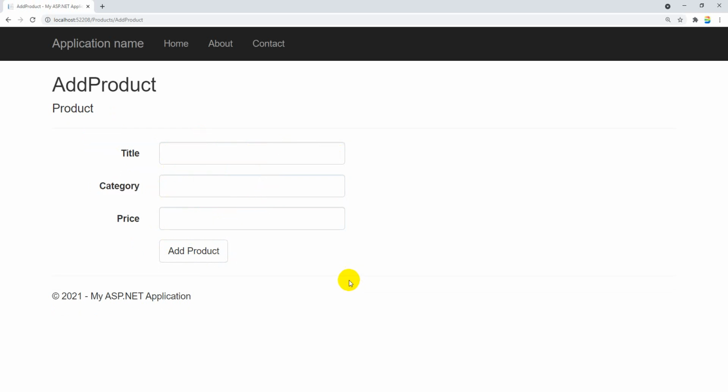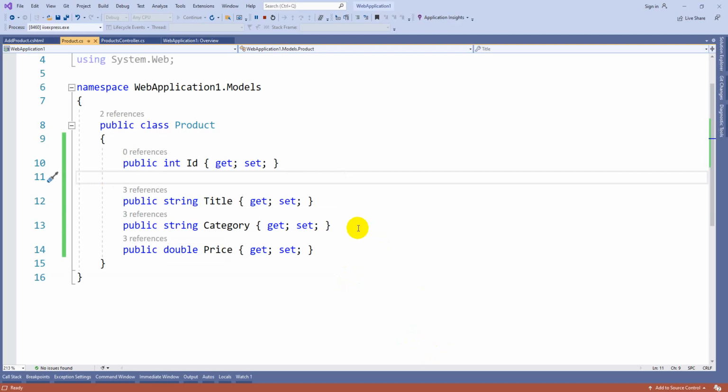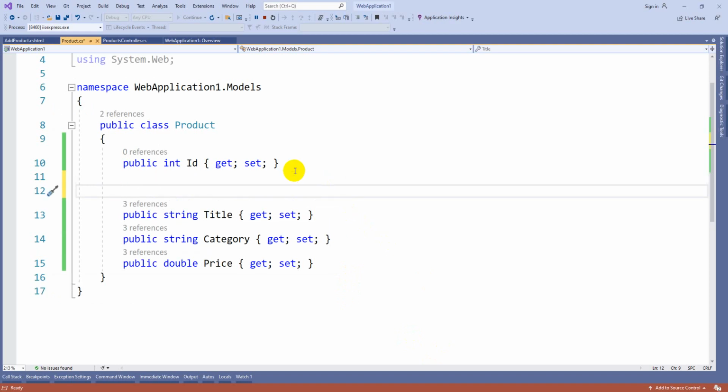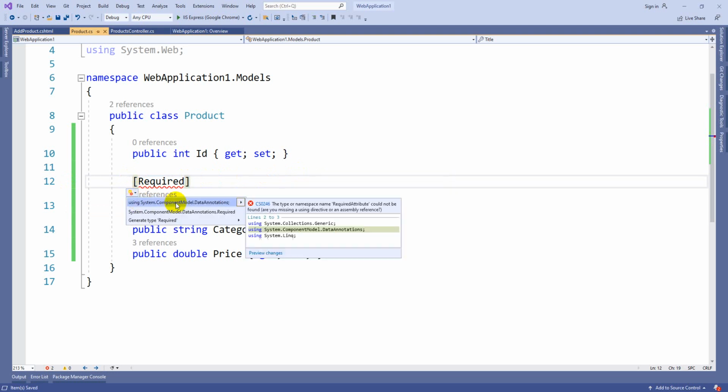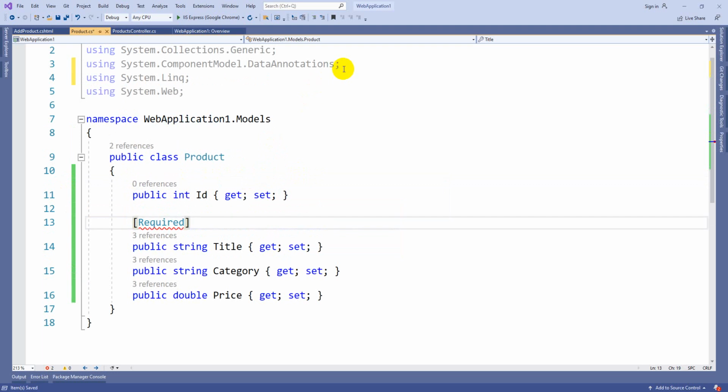For that I can use model validators. These model validators you can enable manually. From the model, as I already mentioned, you can use these square brackets, which are called data annotations. Make sure this project is stopped. Here you can write Required. That means this is going to become mandatory at the time of user entry. Now it requires importing a particular namespace called System.ComponentModel.DataAnnotations. With this namespace, these validations can be done.